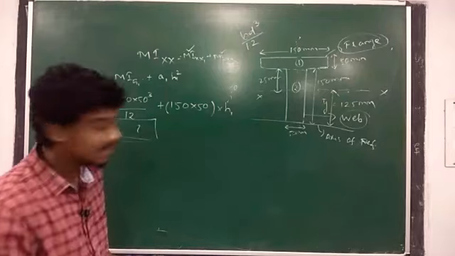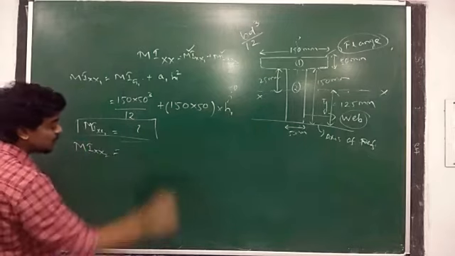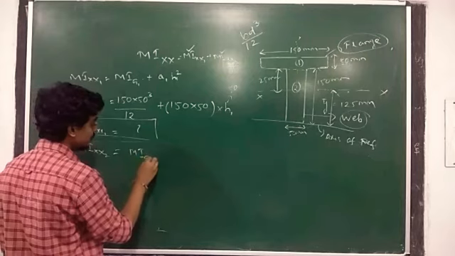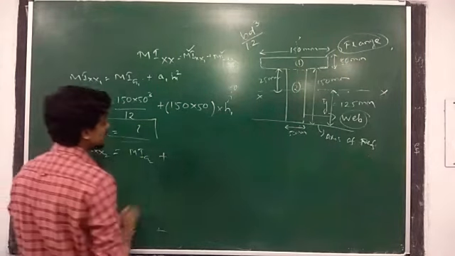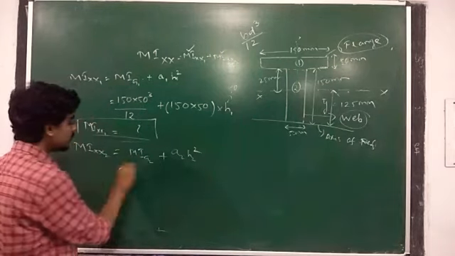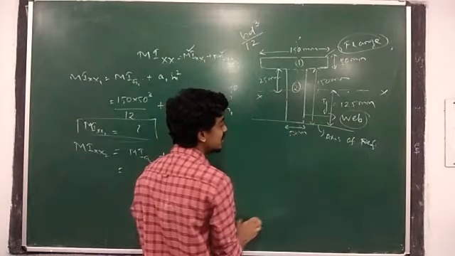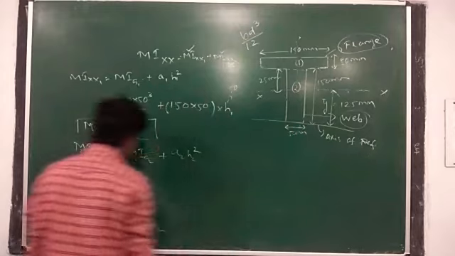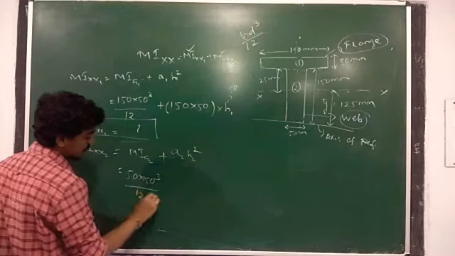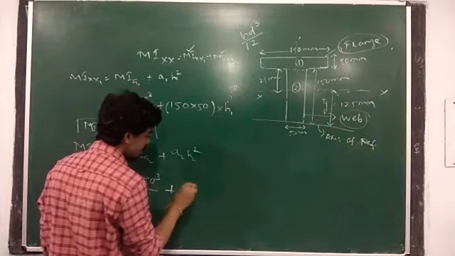So now the next part, that is mi xx2. Same process I will repeat. Hope you are able to calculate this now, because we have solved a number of problems. Moment of inertia about central axis plus a2 into h2 square. So moment of inertia about central axis of section 2 means b2 by 12, because it is also a rectangular section. B is this one, height is this one. So 50 into 150 cube by 12 plus a2. a2 means 50 into 150.